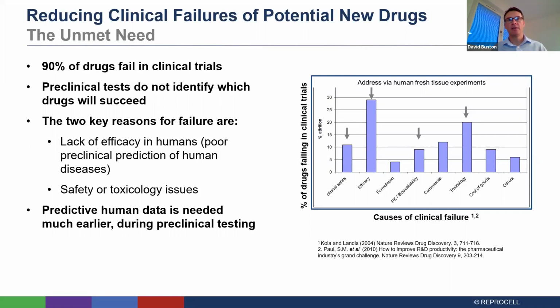Well, one area is to try and have better preclinical testing. So reduce clinical failures by improving what goes on at the stages before the clinical trials, so that you're only taking candidates through to the clinic that have the greatest likelihood of success. And to do that, of course, you need better predictive models. And that can come from many sources, stem cells, three-dimensional models, bioengineered models, and areas like bioprinting are very exciting areas of development. But also what I'm going to talk about today is using human tissue